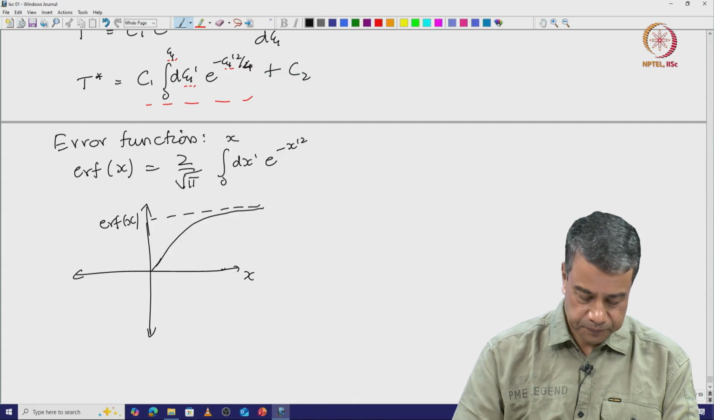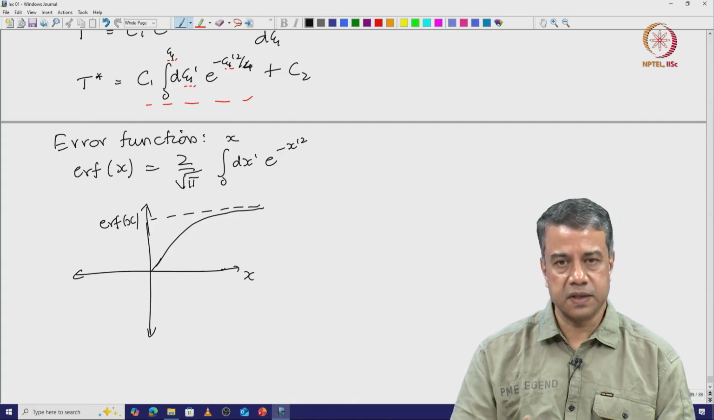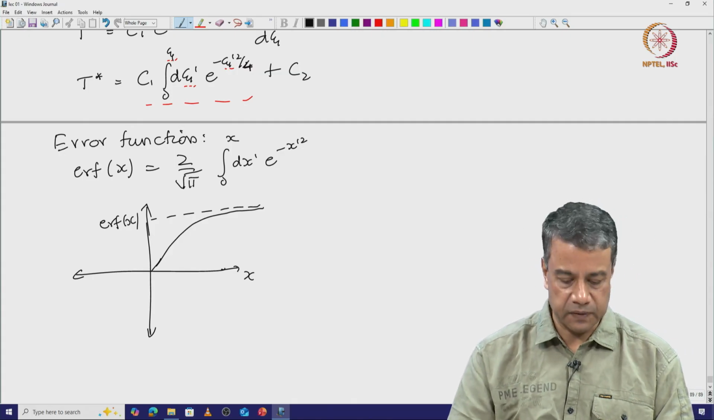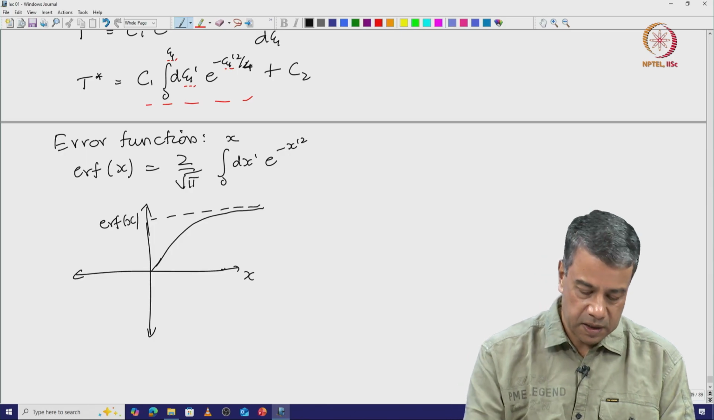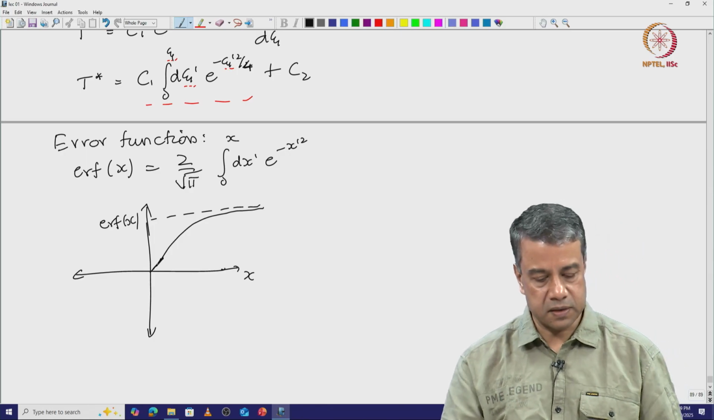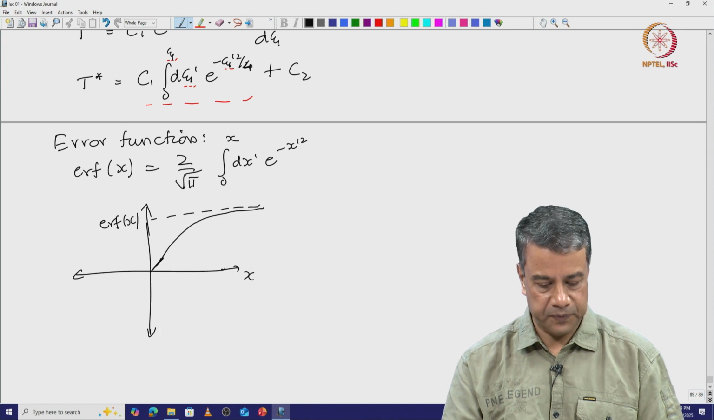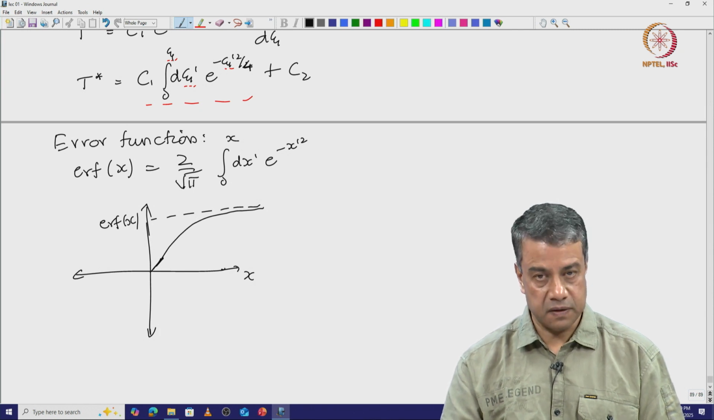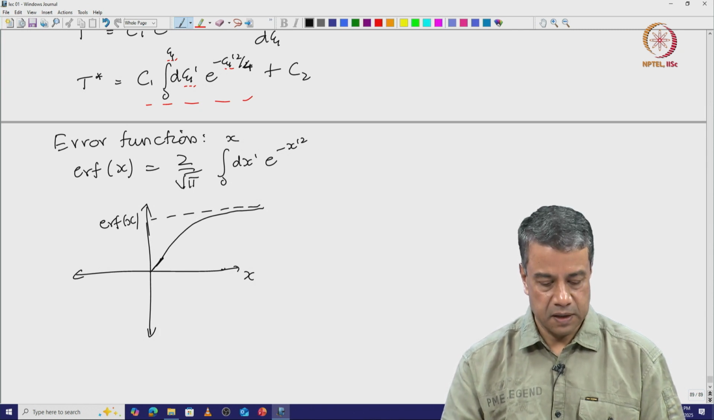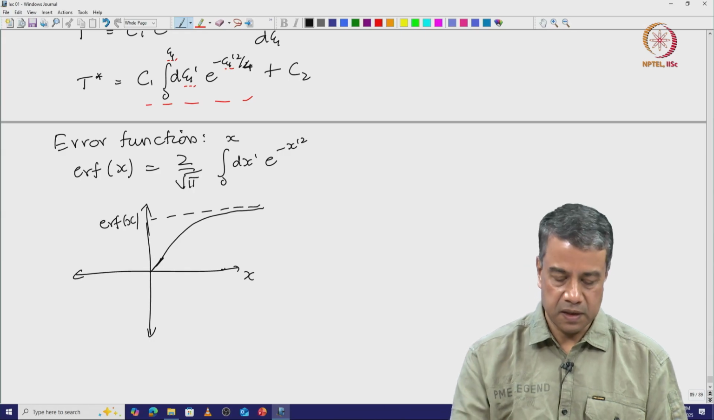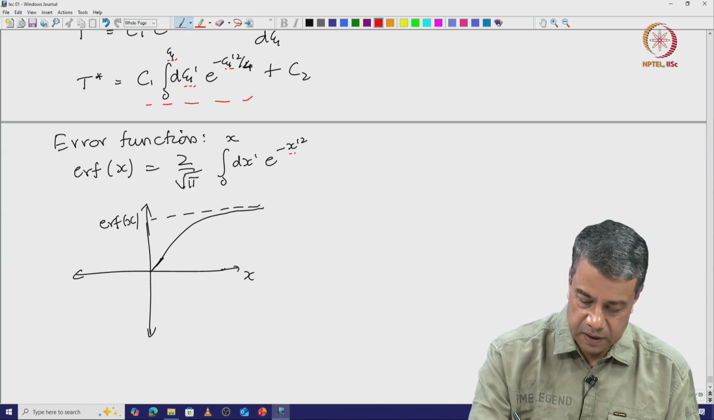But for us, we only consider the domain 0 to infinity. So, it goes to plus 1 and it has a non-zero slope at the center. That slope is basically 2 by root pi. This is the definition of the error function. So, therefore, in terms of this, note that I have x square here in the error function and I